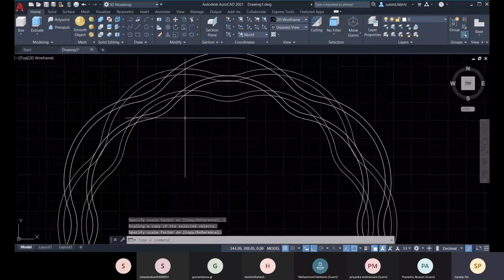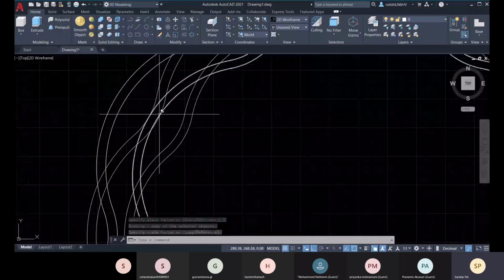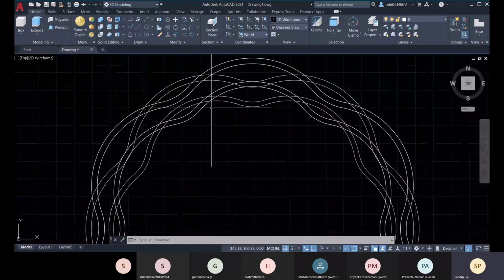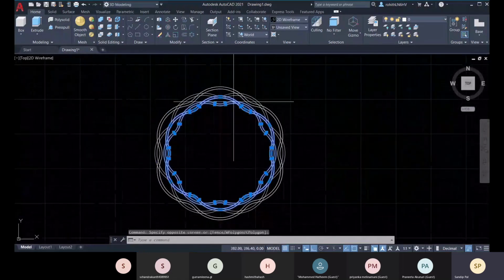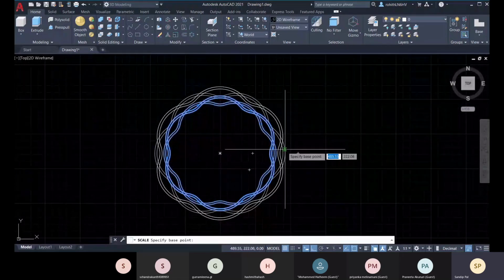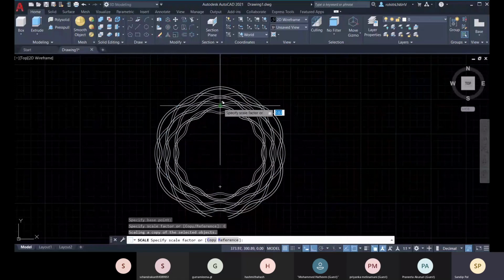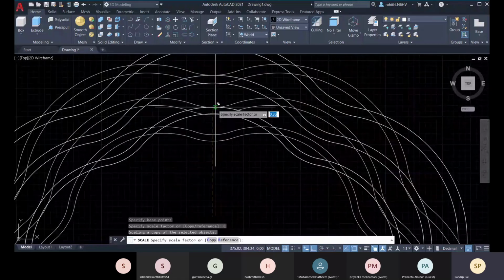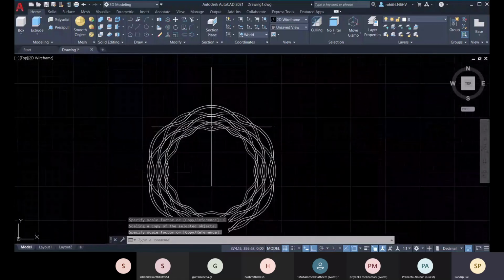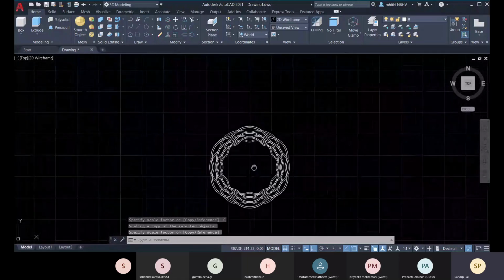And this way you have to do all the things, okay. So now you select this one, and you go for the scale, select this, copy, and select the outer boundary for the scale factor, and this way you will be having it.